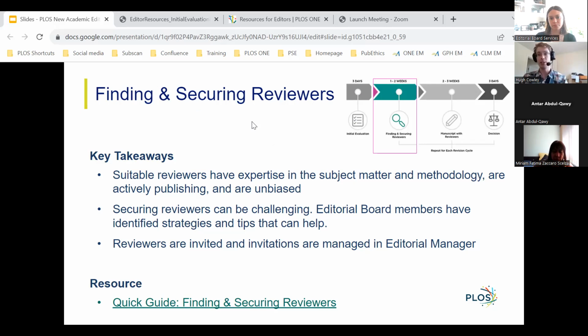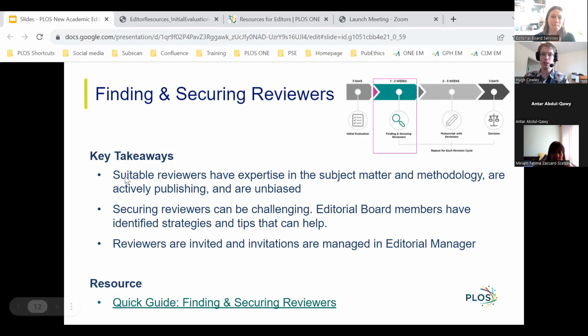We recognize that there's a lot of competition for attention with regards to the peer review process. Getting reviewers to agree and report on a manuscript can be challenging. So just want to make sure you're aware. We know that this is not an easy task. Hopefully, this guide will be able to help you in making this as painless as possible.